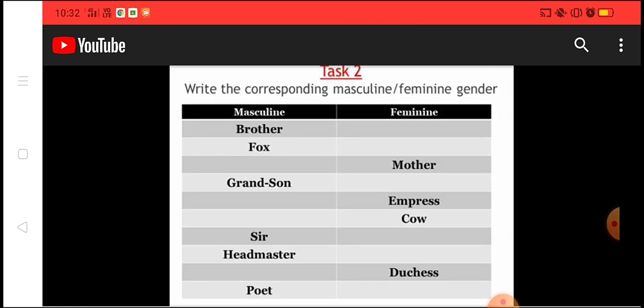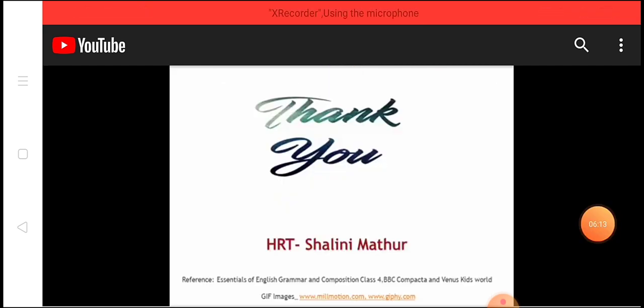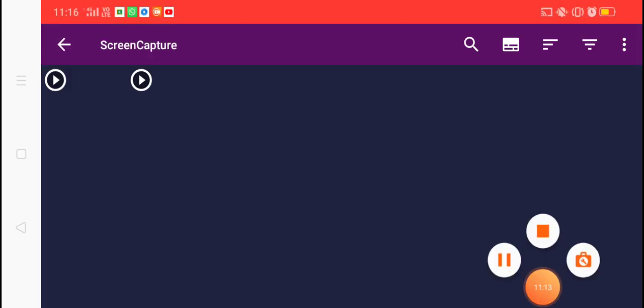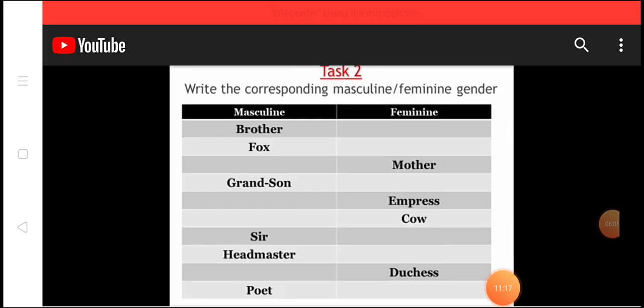Now the second, exercise number 4, right? Write the corresponding masculine and feminine genders. So students, this too you can put in a tabular column and just make a trial. Brother is the masculine form. All these terms I have given in the tabular columns to copy before this exercise, so I hope you can get them from there too. Still, I'll be sharing the answer in the next post. So students, just attempt this in your classwork. Thank you, students.